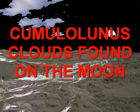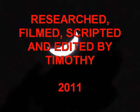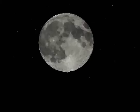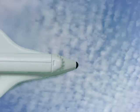In 2009, the NASA Space Agency smashed a probe into a large crater near the Moon's south pole. This plume of debris, ejected and analysed by a spectrometer, confirmed that water is present on the Moon. And as we will see in this film, this raises the exciting prospect that what at one time was dismissed as mere space debris from impact craters on the lunar surface millions of years ago are indeed clouds similar to